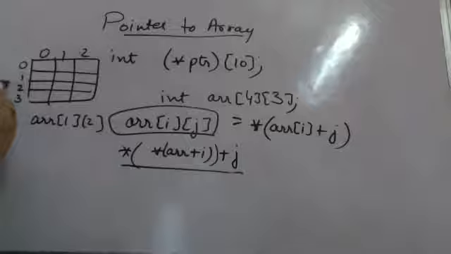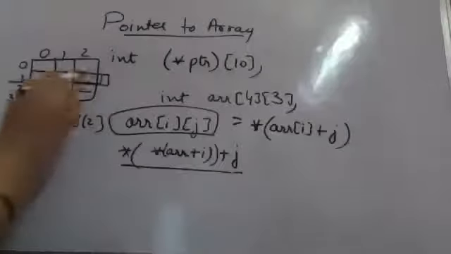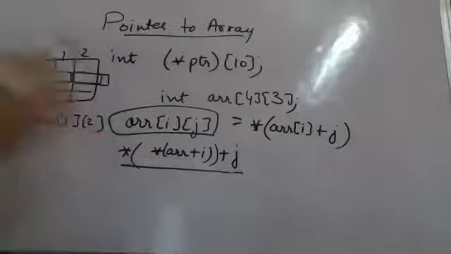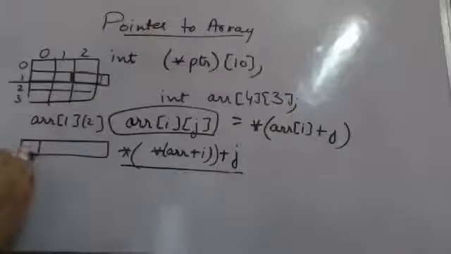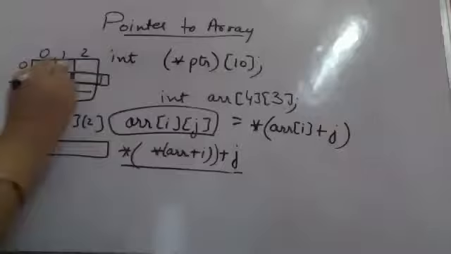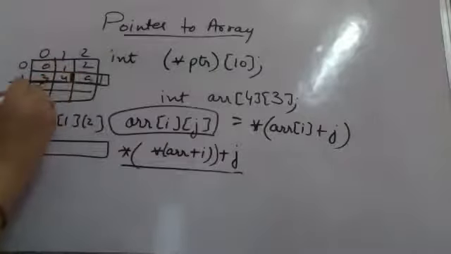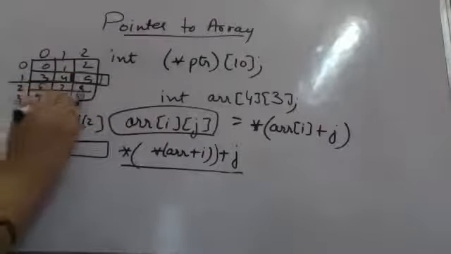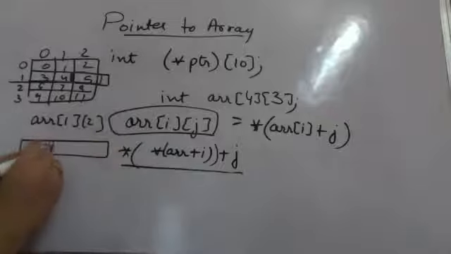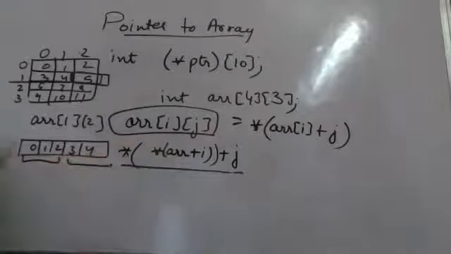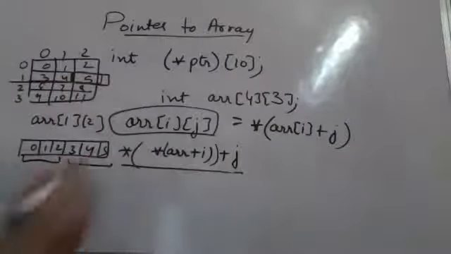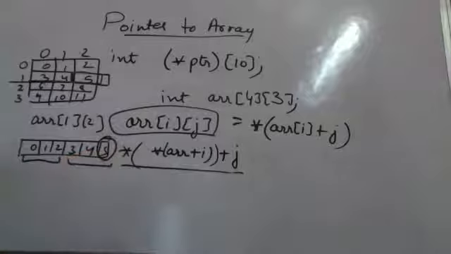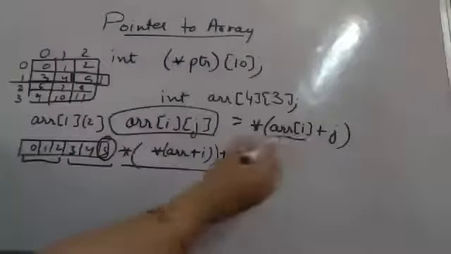So what does it mean? Row 1, column 2. I am trying to find a value over here. How is this going to be stored in the memory? When I store it in the memory, I have 0, 1, 2, 3, 4, 5, 6, 7, 8, 9, 10, 11. I am writing 0, 1, 2, 3 because you understand that this is how it will be stored in the memory: row 0, row 1 and so on. So if I am looking at this particular address, how am I calculating it? What is array of i?